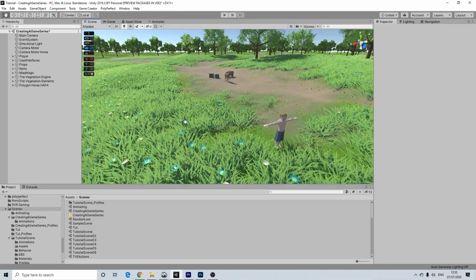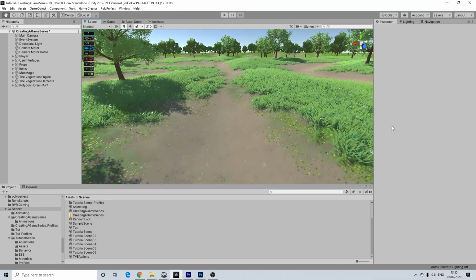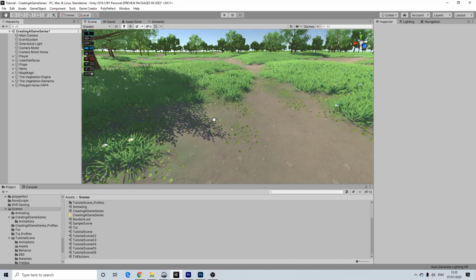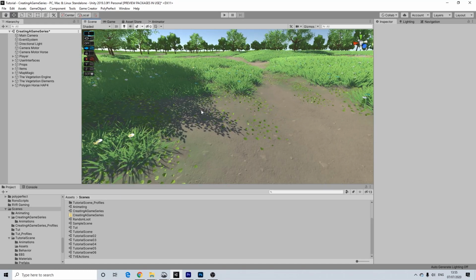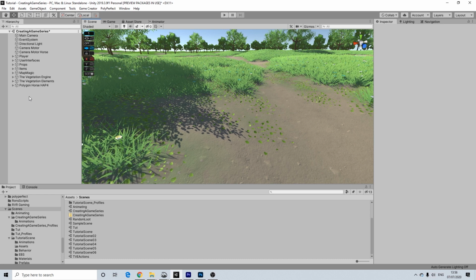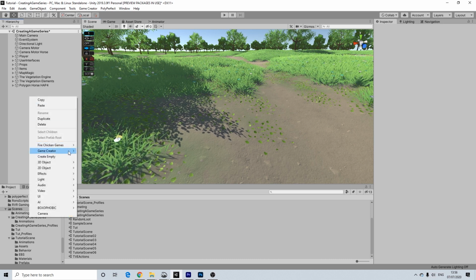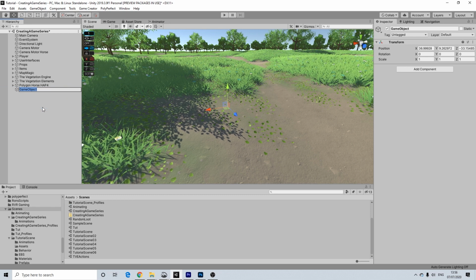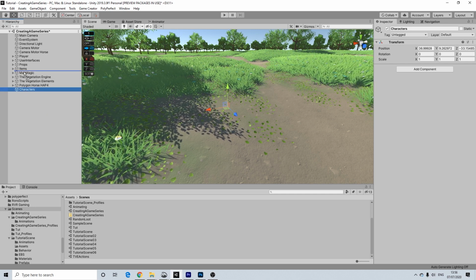So we're going to set up a basic character. I'm going to put him at a small distance just to make sure we're not interacting with him straight away. So let's get started. I'm going to create an empty here and rename this to characters. Why not? Let's group that together with